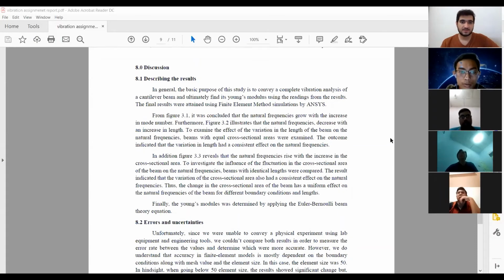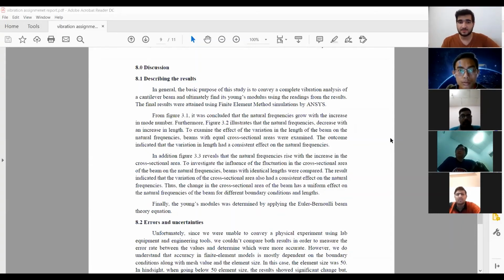So, the first section of the discussion, let's very briefly describe the results. I think it's good at this point to remember the main objective of this whole assignment. We wanted to analyze the vibration of a cantilever beam and ultimately find the Young's modulus. In order to accomplish this, of course, we use both FEM and numerical analysis. When using FEM, we try to use simulations. When I say we, of course, the journal provided that we use FEM as the main source of trying